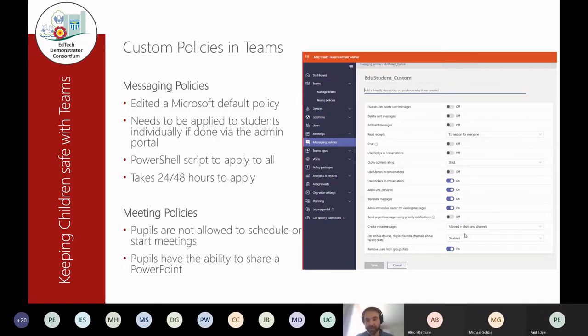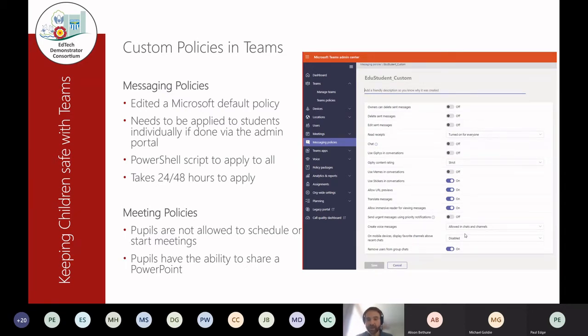So to just give you a couple of ideas, within our admin suite of Microsoft Teams, we've created a custom policy. You can now see this on the right hand side. So this is actually a screenshot from our school, and the way that we've done that is when you first open up Microsoft Teams, there are custom policies already, or student policies should I say, already in the background. But what they are is they are basically turning everything off for every pupil. Now every single school wants something slightly different. So what we did is we edited that Microsoft default policy, and very similar to Michael at Hambleton,